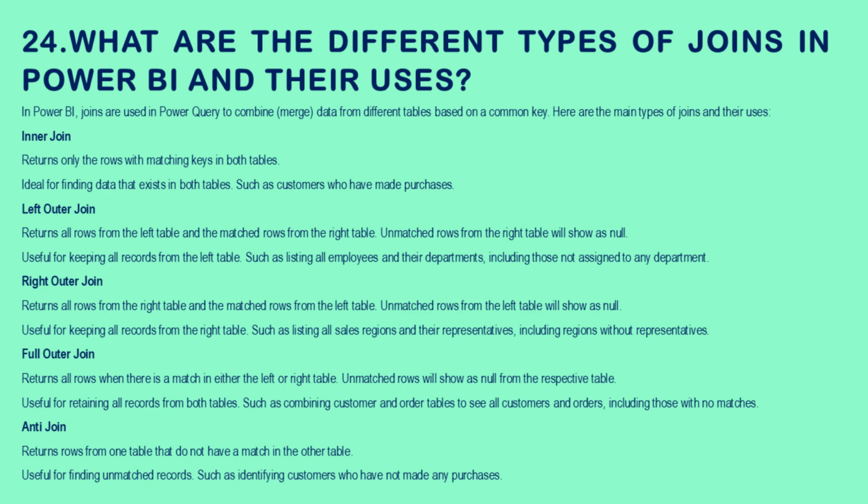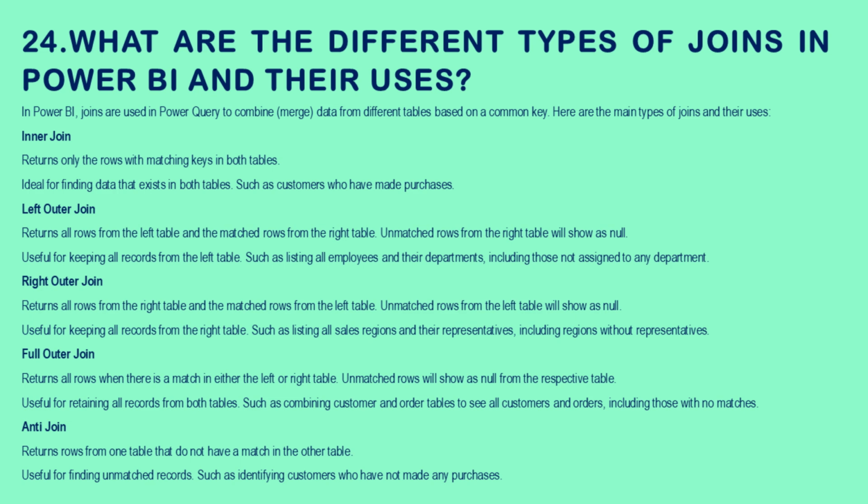Left outer join returns all rows from the left table and the matched rows from the right table. Unmatched rows from the right table will show as null. Useful for keeping all records from the left table, such as listing all employees and their departments, including those not